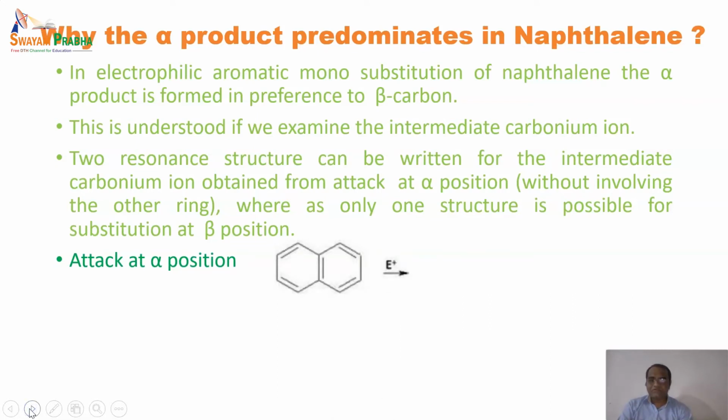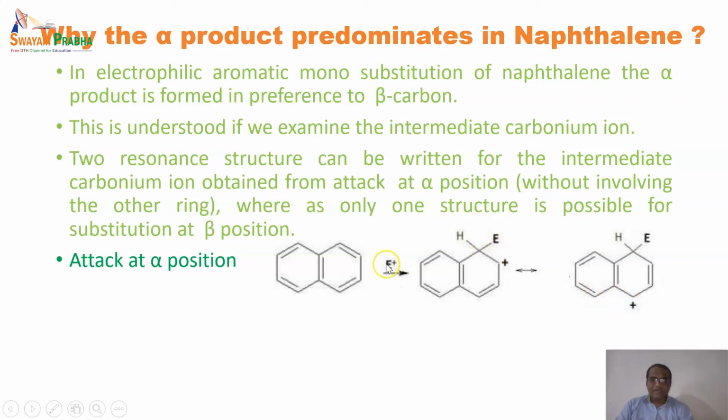If we see the structures of an alpha attack of an electrophile, we can get two types of resonating structures, but there is no involvement of the further ring. So here we have considered only two structures of the first ring, or two carbocations of the first ring. So here you can see that it is forming carbocations of two resonating structures,